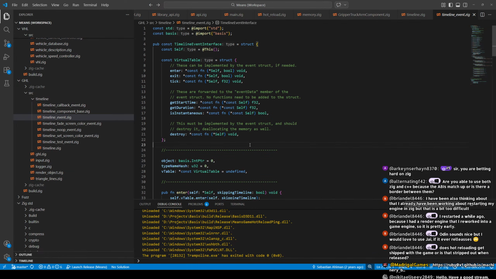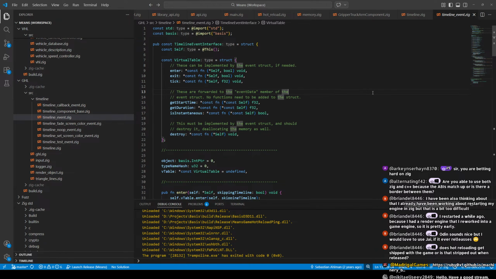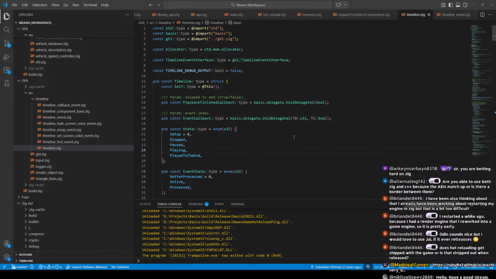Well, as you can imagine, based on what I just told you about function pointers, all of these guys are going to point to functions that live in the old DLL's memory, right? So everything will break once again. And it's kind of nasty, actually, to handle these things, because if you're looking at the timeline here, the timeline